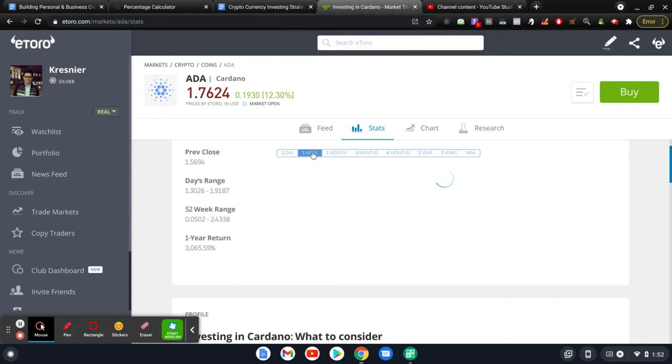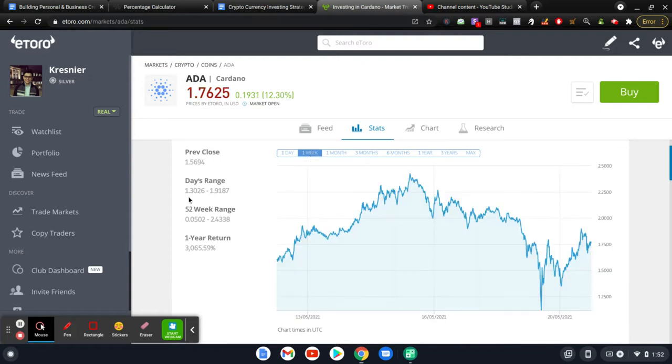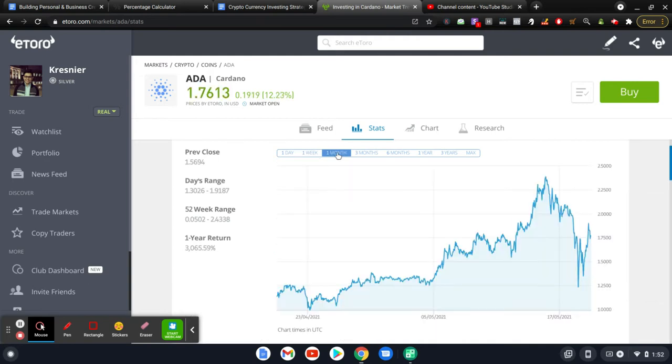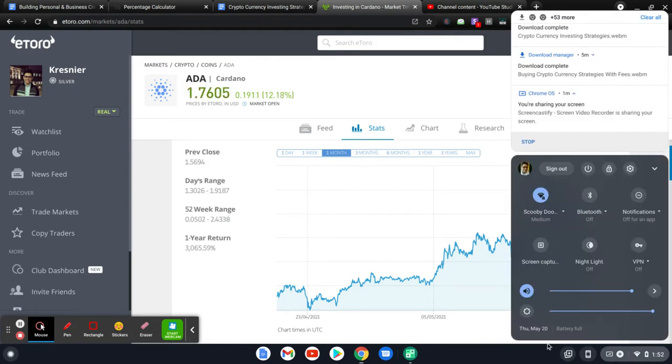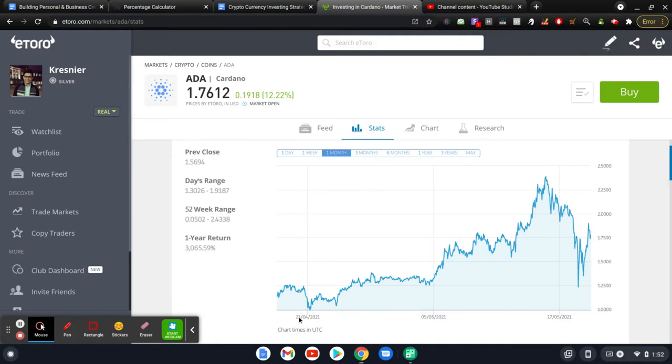Anyway, so the 1 week range is this one right here. So you can see the range right here for the high and for the low. The 1 month will give you a bigger picture view of how the coin has been improving over time. So you can see that since April. So today is May 20, as you can see here. Since April 23rd,